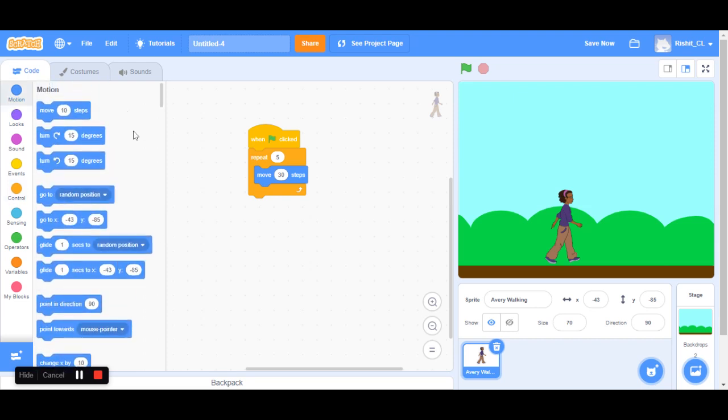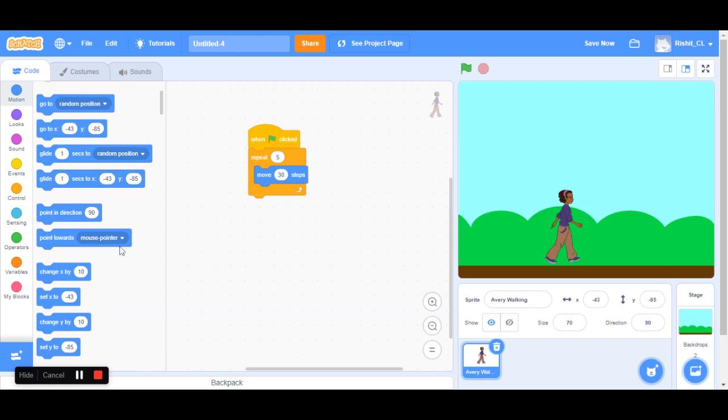So just like that, you can turn and do anything you want. Whenever you're creating a starting screen or a game, you want the character to move to a certain position on the screen. So you could go to set x and set y to this much. So I set x right now. It's at minus 43 and minus 85. I want her to go back all the way here. So just 193